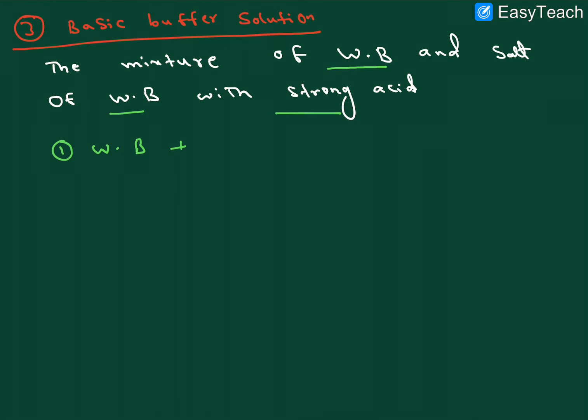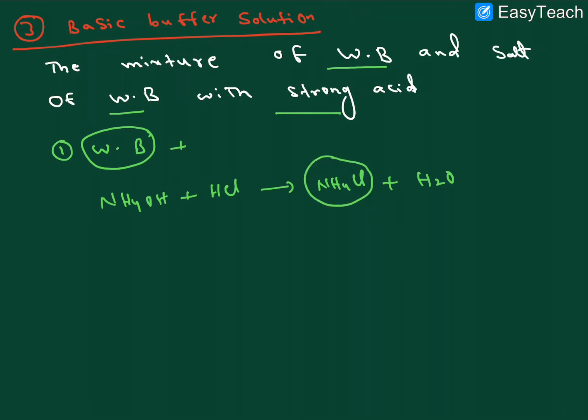So here generally I am taking a weak base. This is a weak base, NH4OH. It reacts with a strong acid, right? So I am taking HCl to form NH4Cl plus H2O. So this weak base and the salt of the weak base with the strong acid, these two are called